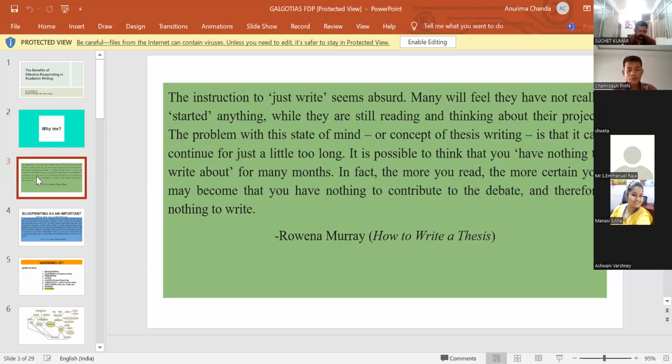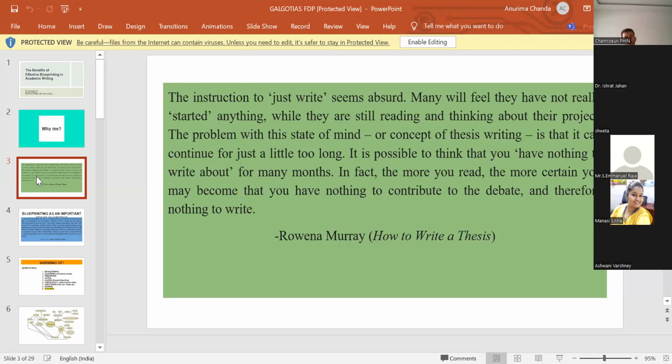Now, I think this is a kind of lacuna which exists in the Indian educational system in general. Take school education, for example, where writing is at the periphery of the educational system. In the syllabi, while we are talking about rote learning, or recreating whatever is being told in class in our answer sheet, there is very little scope for critical engagement with a topic and critical writing.